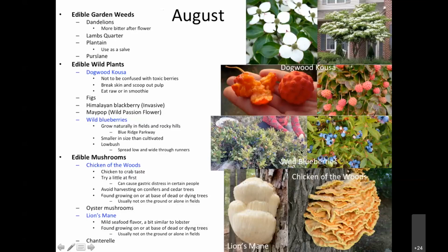And then wild blueberries, which I have to say, I have not found any wild blueberries in DC, but I wanted to put that on there just because it's such an amazing experience if you've never gone wild blueberry foraging. You need to have a car and get out a little bit, particularly to mountains. Where I used to do wild blueberry foraging is the Blue Ridge Highway, which goes through the Appalachian Mountains in Virginia and North Carolina, and basically there are trails all along that highway. If you stop and walk those trails in August, you're just going to see these